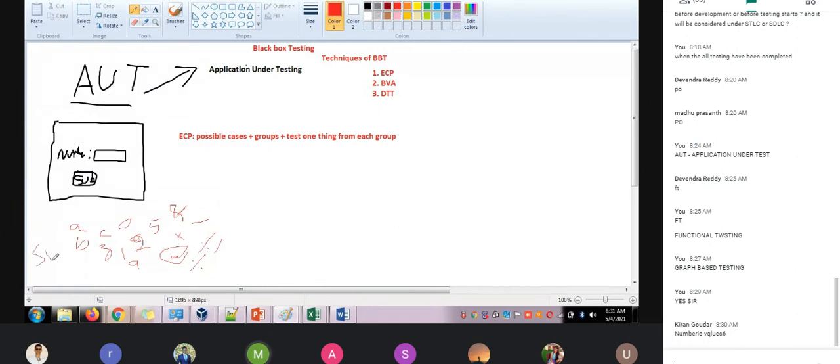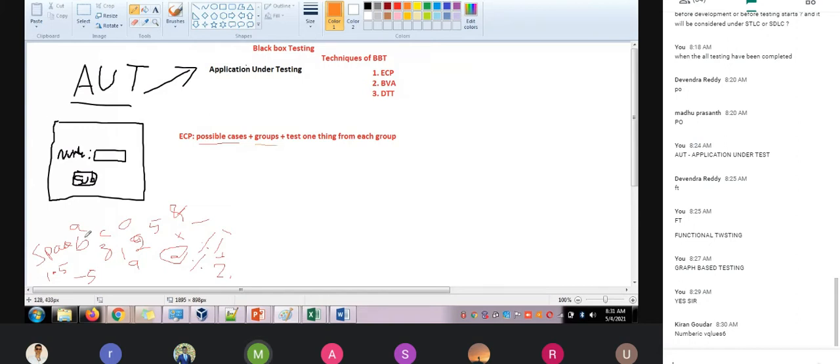Space, correct? Then decimals, like 1.5. Negative values. Comma, colon, which come under special characters, semicolon, full stop, question mark, so negative values and decimal values. Anything still there? No. So we have the possible cases. It is done, sir. Now, after getting the possible cases, segregate them into groups.